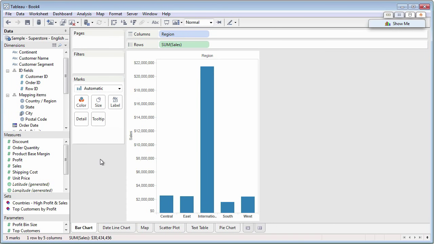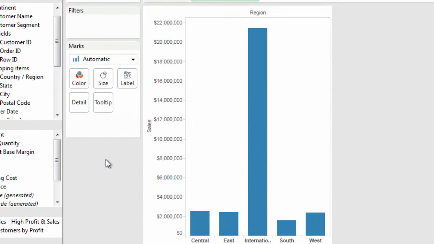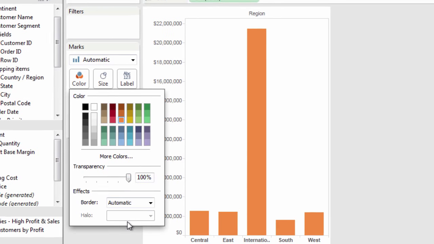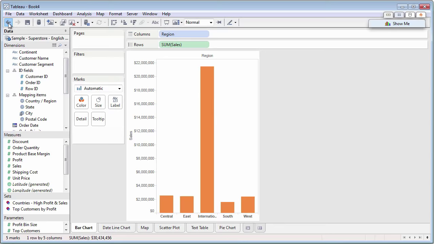The next part of the Marks card to look at is color. If you just want to change the default color Tableau assigns to your marks, click Color on the Marks card. A small dialog appears where you can pick a different color, set transparency, and change some effects. But you can also drop a dimension or measure on color to change the color of your chart based on